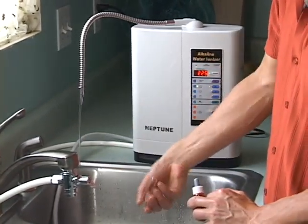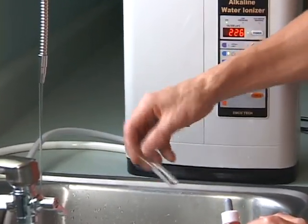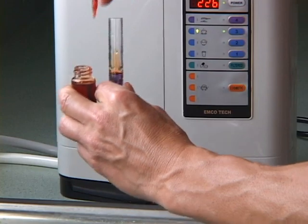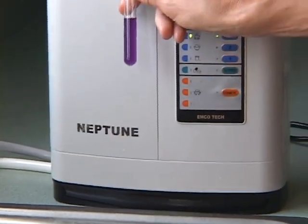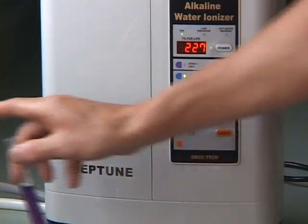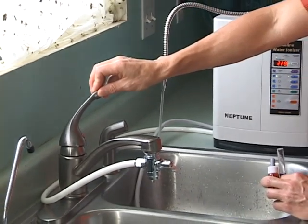Rinse out the test tube a couple of times, give that water a chance to process through, make sure we're actually testing the right water. Half the test tube, 2 drops of the reagent, and you can see that this is quite a bit darker. This is now more like a 10 on the pH scale, and that's at the same setting with a slower flow. Conversely, I can speed that flow up,